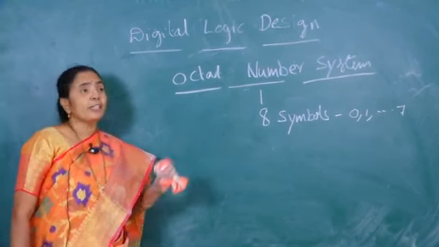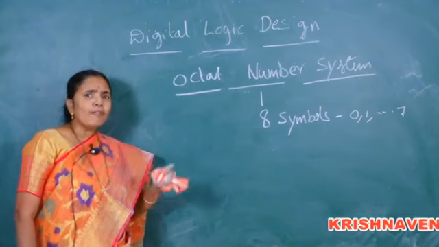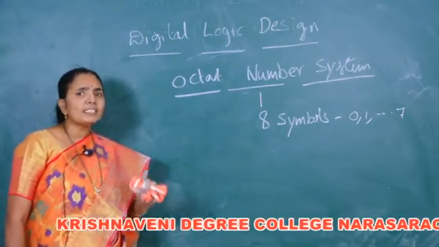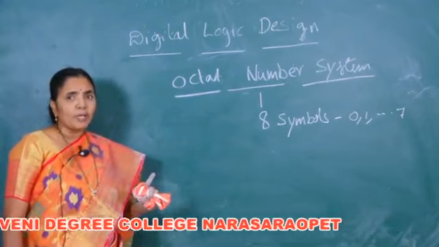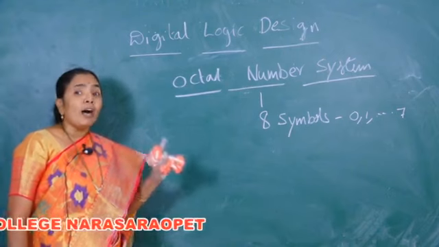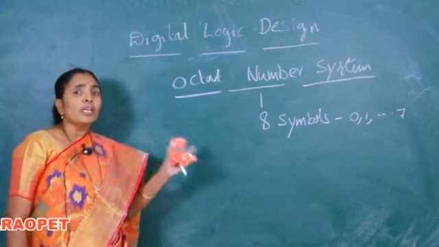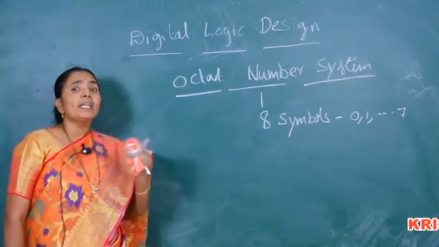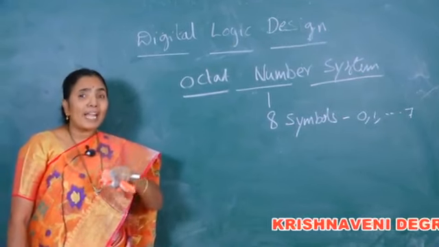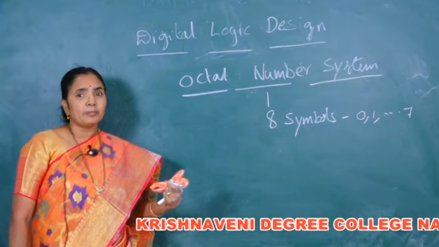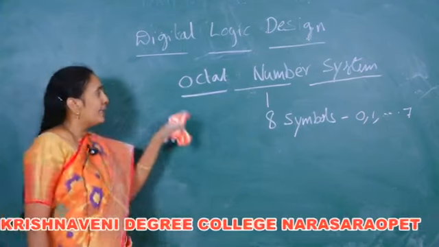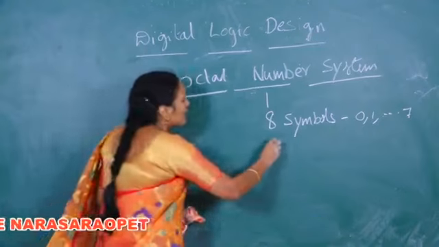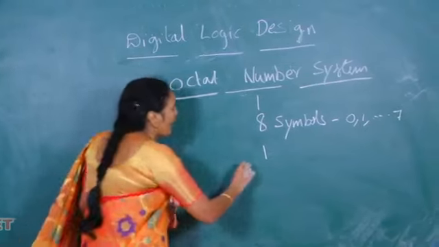Then what is the need for using the octal number system? When we have to convert binary numbers to decimal or decimal number to binary, it is going to take a longer time, and the memory addresses are longer numbers. So, translating them from binary to decimal and decimal to binary consumes a lot of time. In order to express larger numbers in a binary format, they have developed the octal number system. Octal number system is frequently used to represent memory addresses.